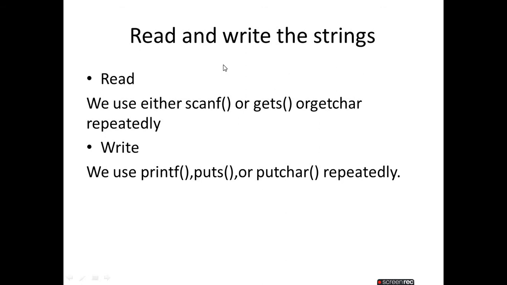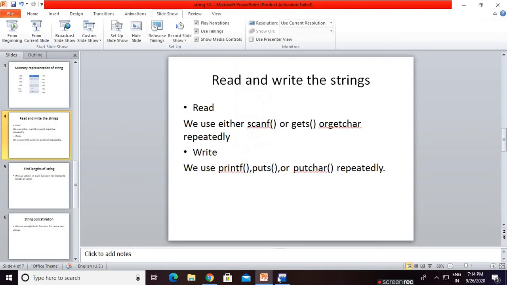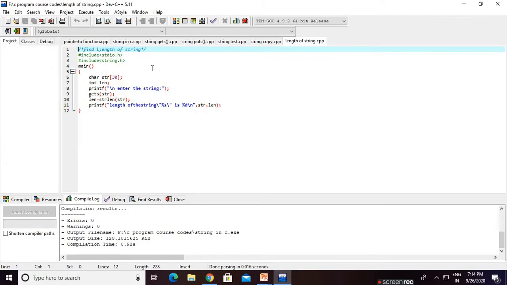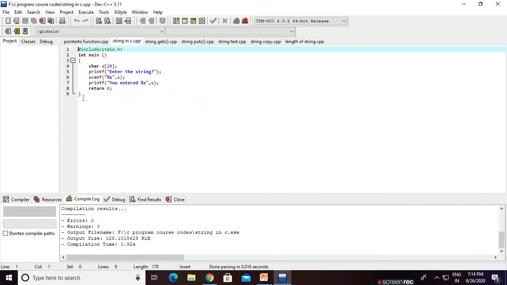Go to Dev C++, I will show the code. This is our first code in C for string. As I have already told you, a string is nothing but a character array. So for this, there is some difference.